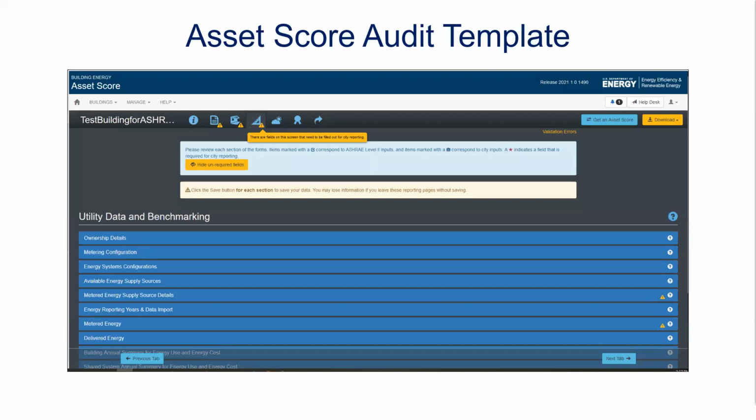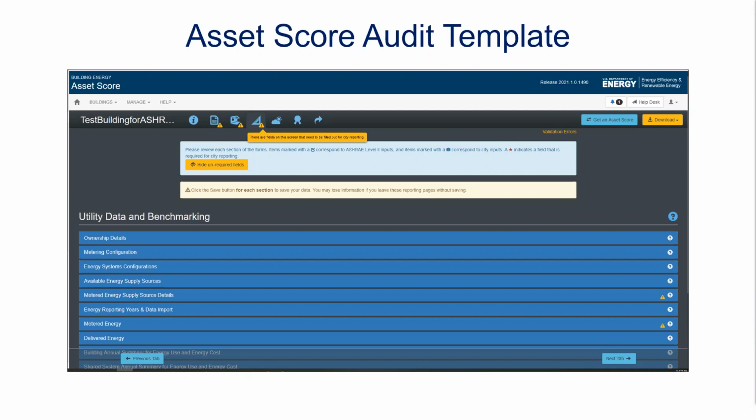All right, so now let's look at some of the tools that Schema Server integrates with. So I mentioned Asset Score Audit Template. Just to give you an overview of what it's all about, the US Department of Energy's Asset Score Audit Template tool is a web-based software application that is designed to allow building owners, managers, and operators to assess the energy performance of their buildings. And the tool is built on Energy Plus and calculates the EUI, which is used to calculate a